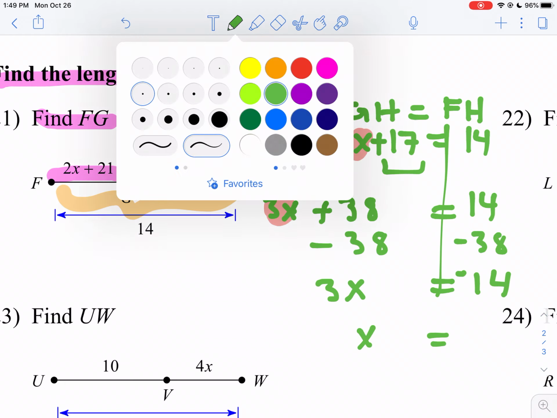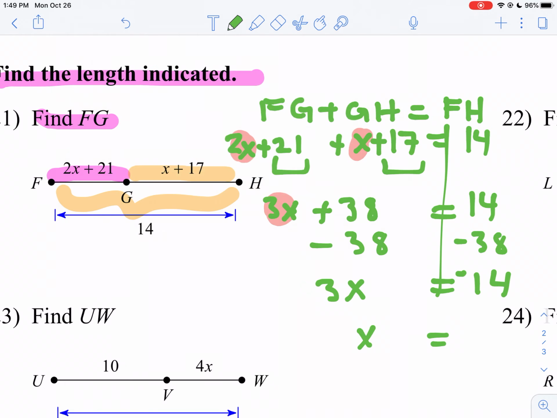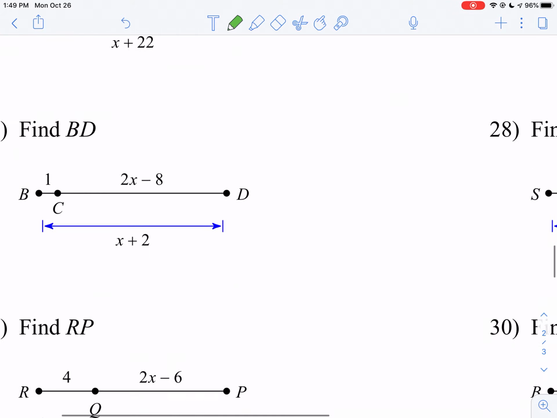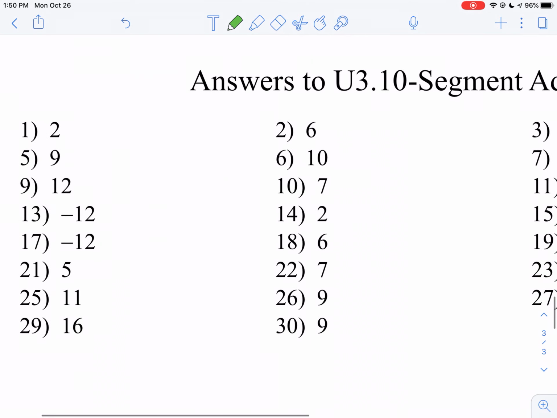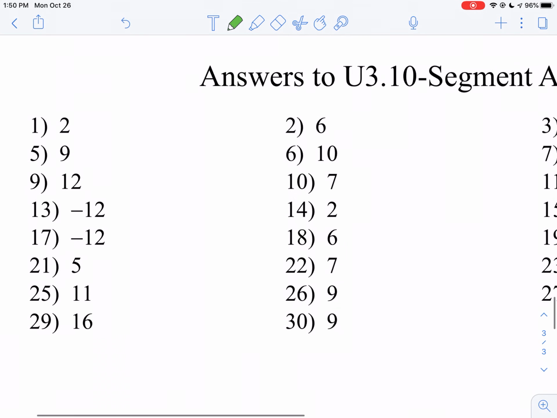Just know that these problems are very nice. So if you ever get a problem where it doesn't divide evenly, that means you made a mistake. So that's how I was able to catch that, okay? All right, so now I have negative 24 divided by 3, and the answer is negative 8. All right, now if you look in the back for number 21, you will see that the answer is not